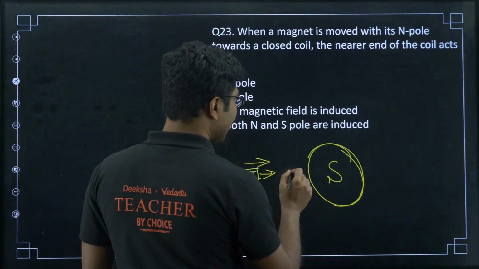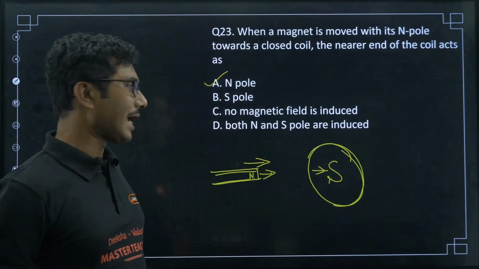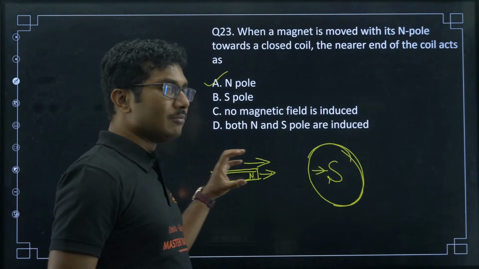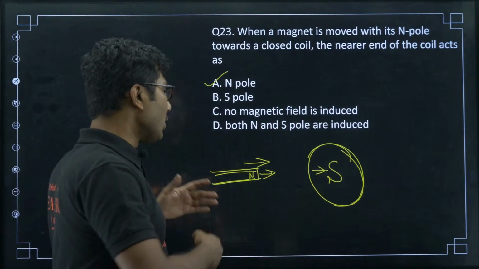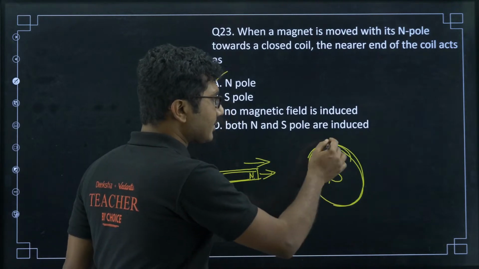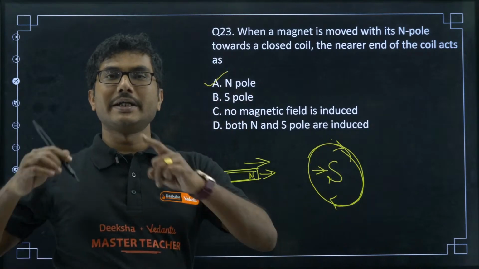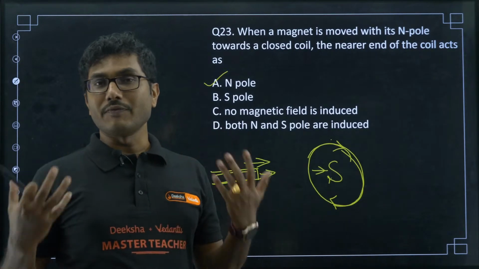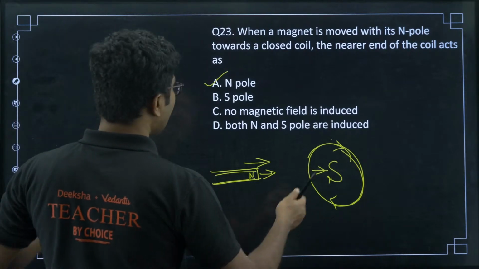If the magnet is going in this side, the coil would say okay, come to me. They would start attracting each other, and after a small push the magnet would automatically move towards the south pole without you doing any work. You are not doing any work, and yet you are getting some current in the coil. That means you just did work once and now the coil is producing current infinitely. That is not possible; you cannot create energy out of nothing.